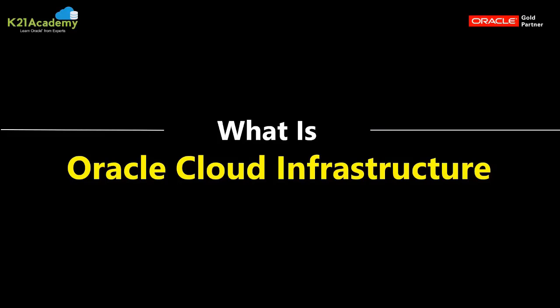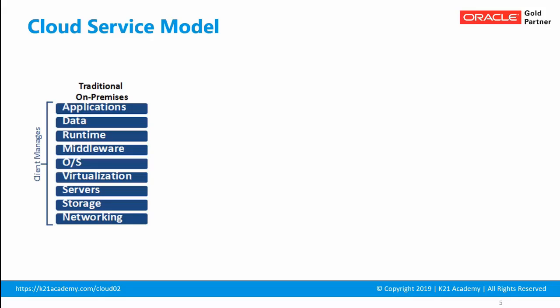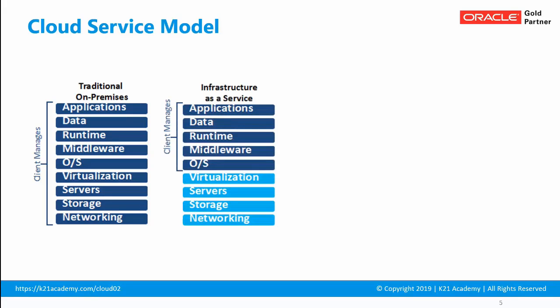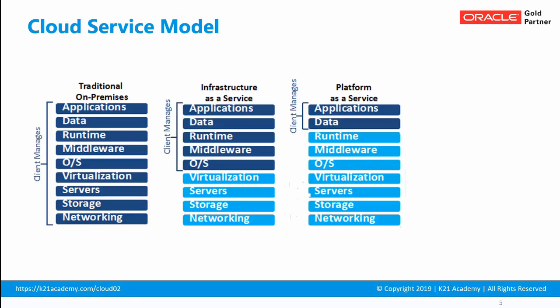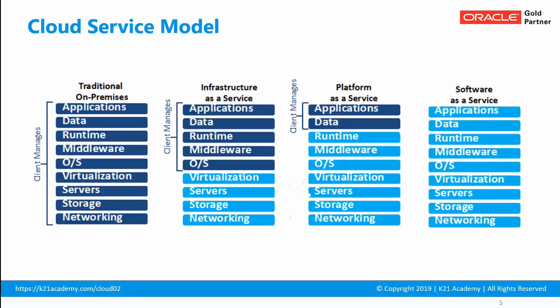But first, let's see what is Oracle Cloud Infrastructure, or if you're new to Oracle Cloud, what OCI actually means. I'm assuming you're already familiar with the 3 cloud service models, that's infrastructure as a service, platform as a service, and software as a service. That's IaaS, PaaS, and SaaS. And if you're not familiar with these, I highly recommend you look at our blog